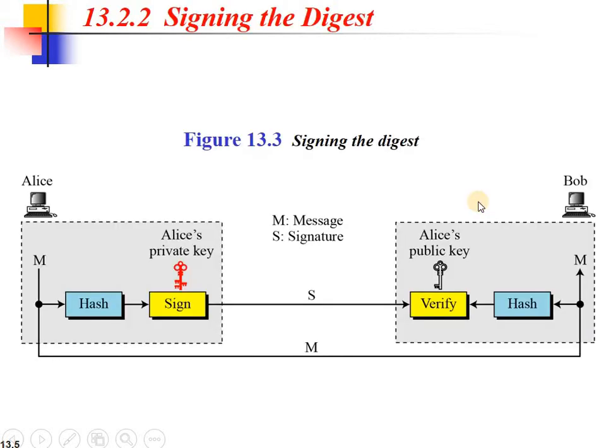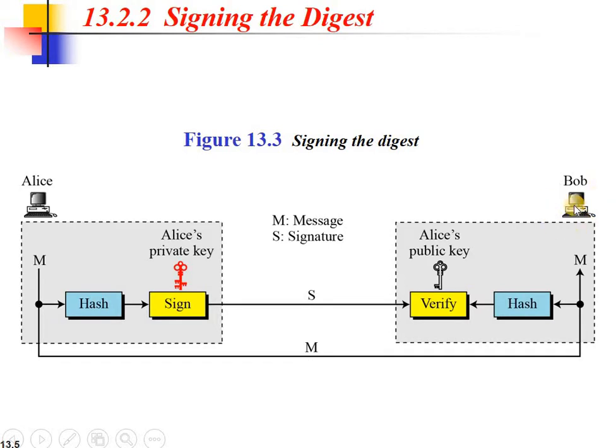So what about the message digest? As we apply the hash algorithm in our example, first you have to create the message digest. Alice creates a message digest by applying the hash algorithm at the sender side, creating the hash code of the message. Then Alice creates the signature by applying the digital signature algorithm, using her own private key. In this communication, two things have to be transmitted: the message itself, and the signature.